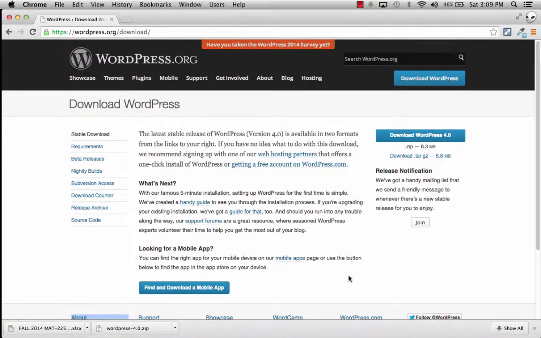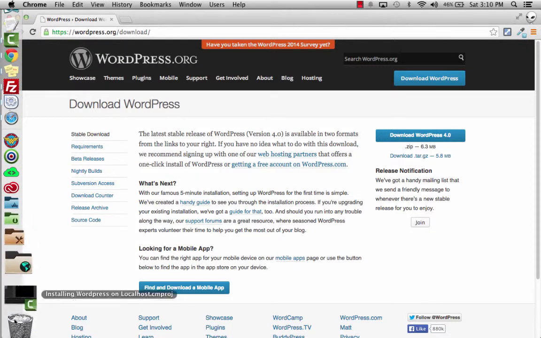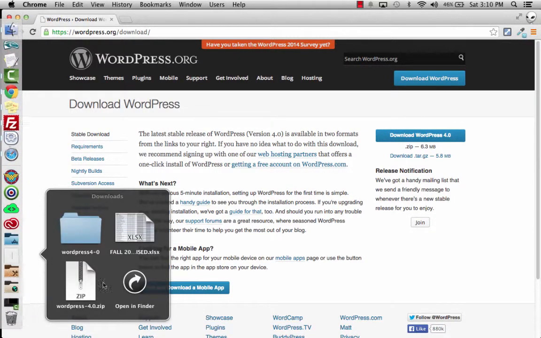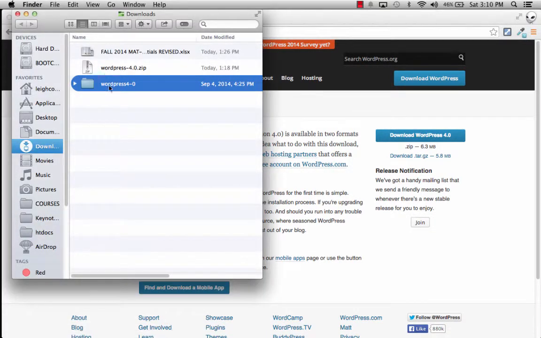Okay, in this demonstration, I'm going to show you how you can install WordPress on your localhost computer. What you want to do is go to wordpress.org/download, and then on that page, you're going to click on this download, and it's going to take a minute to download. And if I look in my downloads folder, you'll see that I have the